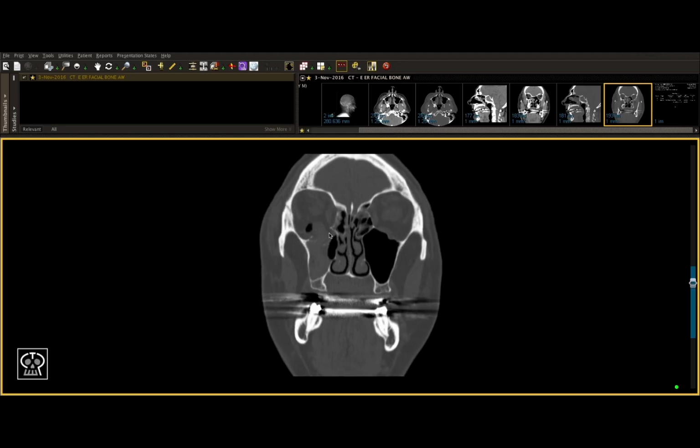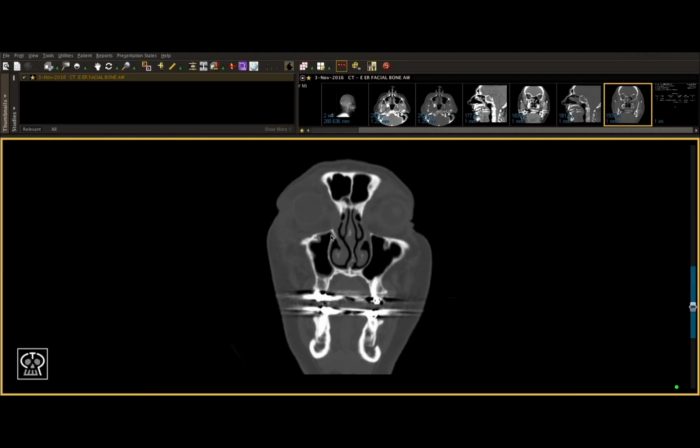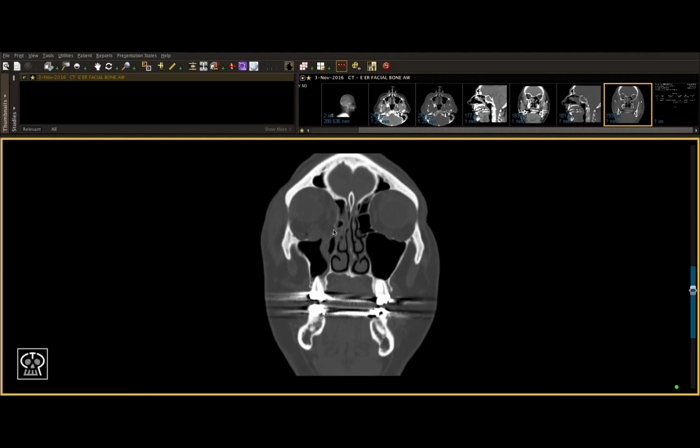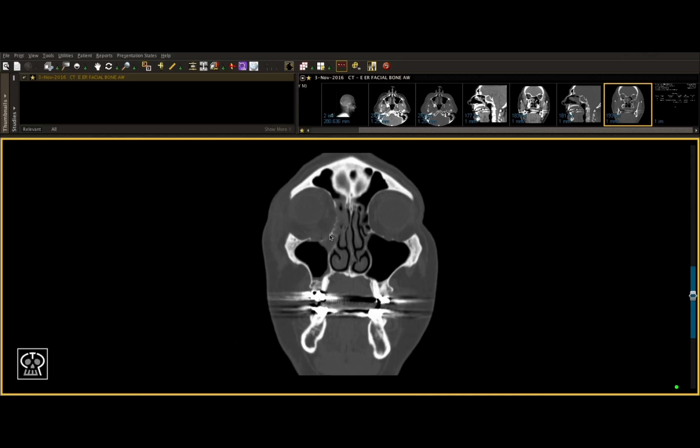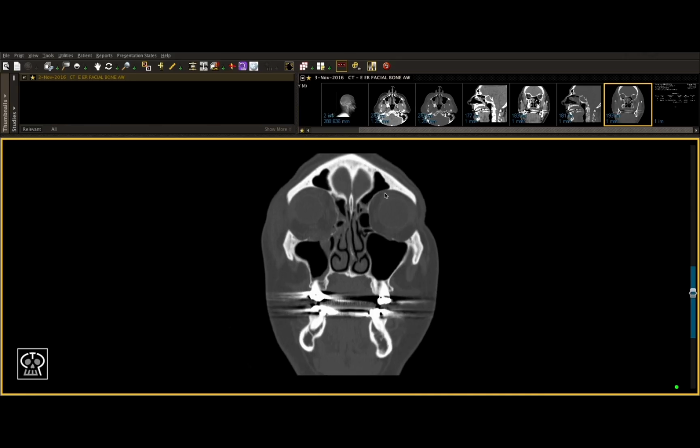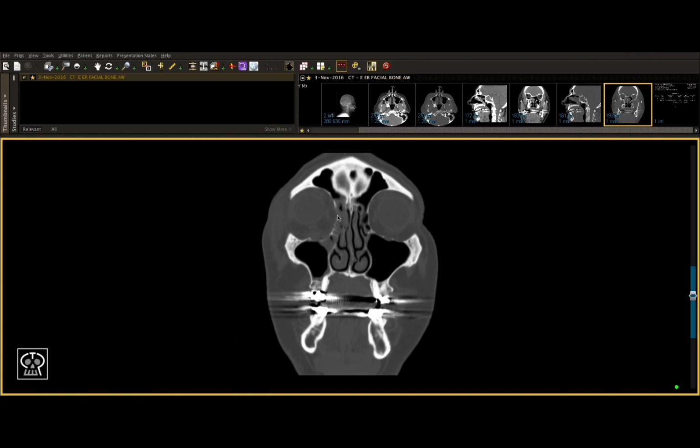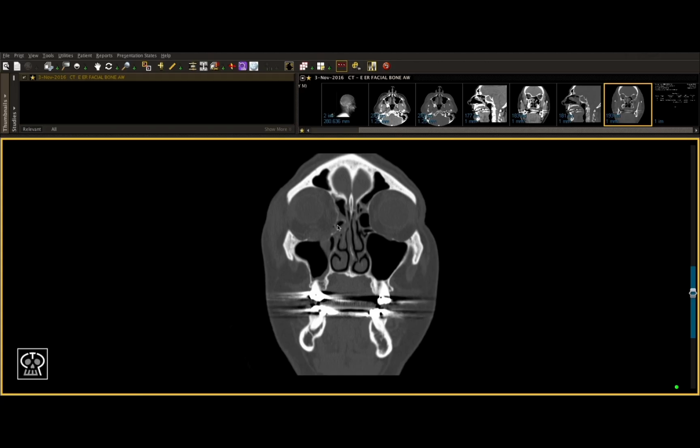In addition, if you look at the right side, as we go more posteriorly, you can see on the medial wall there also seems to be a fracture. Compared to this smooth outline here, we can see a jagged, bumpy, often broken line here. This makes sense as, in addition to the orbital floor, the medial wall, especially the lamina propria, is extremely vulnerable